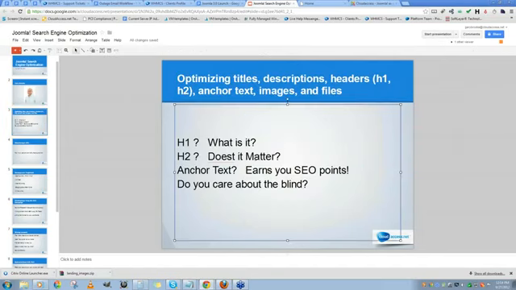All right, does H2 matter? Well, it does matter. H1, H2, H3, H4, H5, and H6 all matter. It doesn't matter in what significant order you put them in. For example, I did H1 and H2. It's common that you're going to make the H1 the first one, and the H2 the second one. It doesn't necessarily mean you always need to use the heading tags, but you should